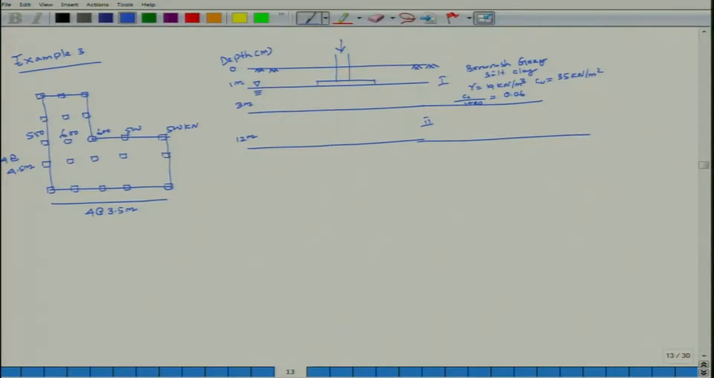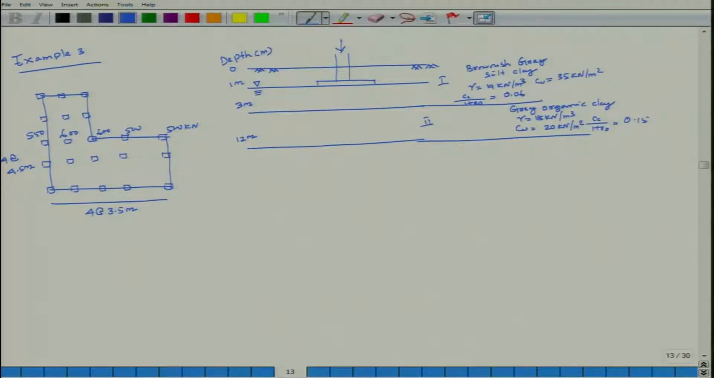Here it is grey organic clay, gamma is equal to 18 kilonewton per meter cube, Cu, undrained cohesion, is equal to 20 kilonewton per meter square, Cc by 1 plus E0 is equal to 0.15. This is what the subsoil profile has been given, and